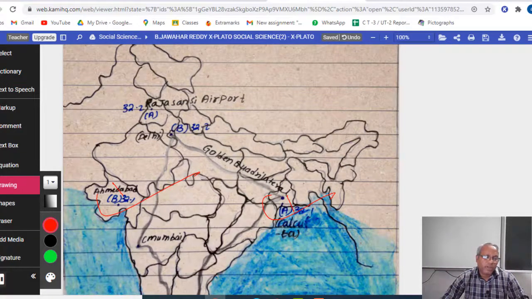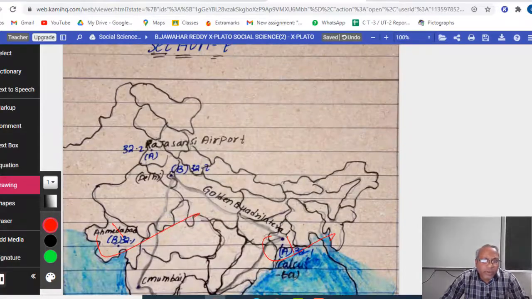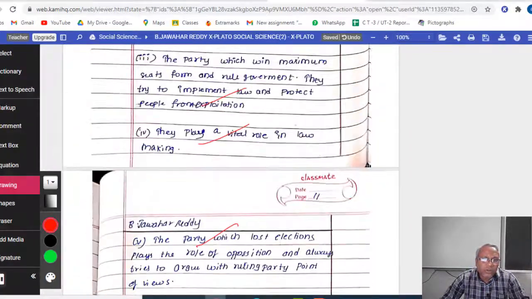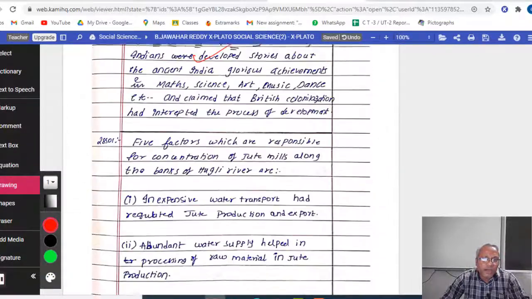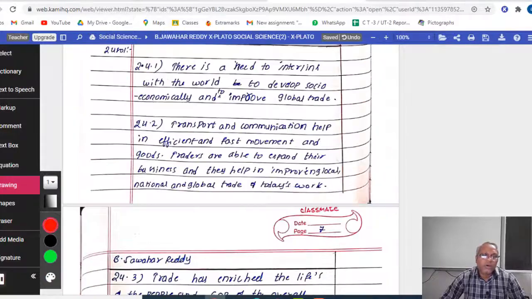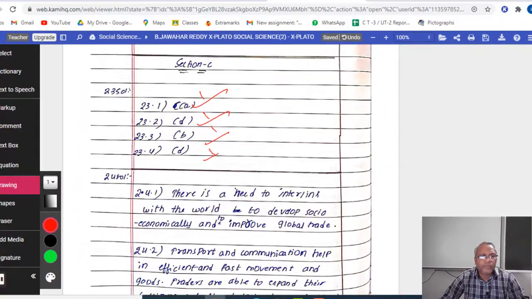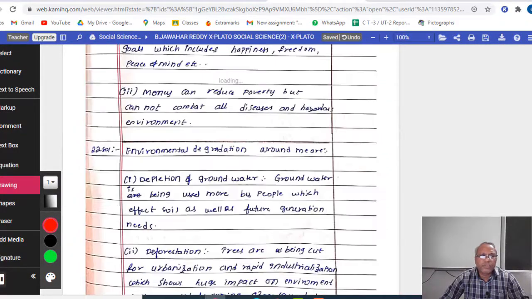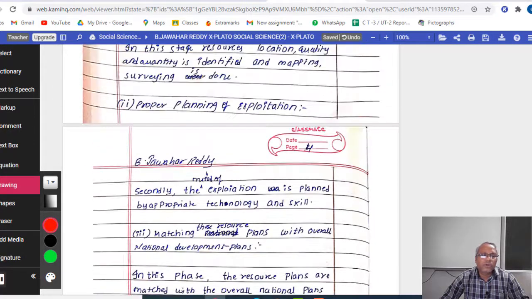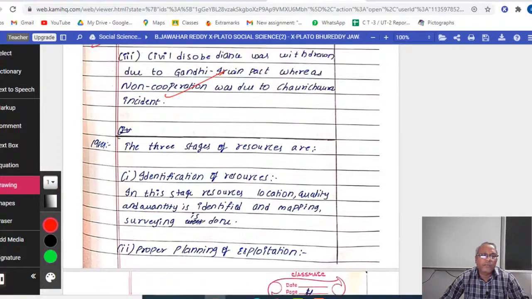So that's all. In the 5-mark questions, all 3 he got correct, full marks. Before that also, the 4-mark questions, he got full. Then the 3-mark questions, all 3 he got correct and full marks.